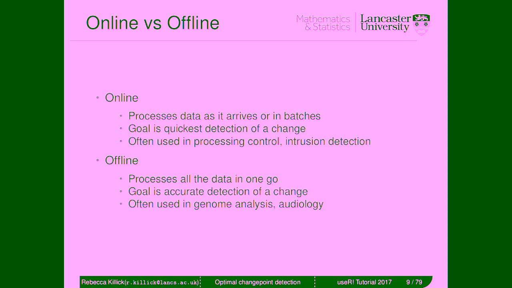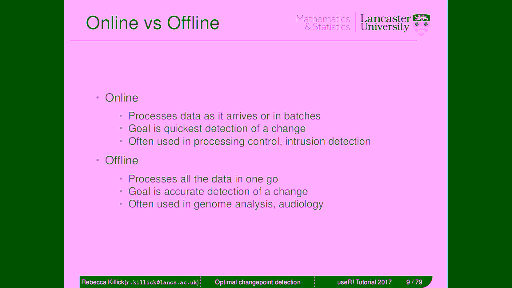And the goal there is that you want to manufacture a small number of items that are faulty before you detect that they're faulty. And so that's really the quickest detection. You can also think of it as computer networks. You want to detect as quickly as possible if you've had an intrusion in the computer network, but you're actually getting data